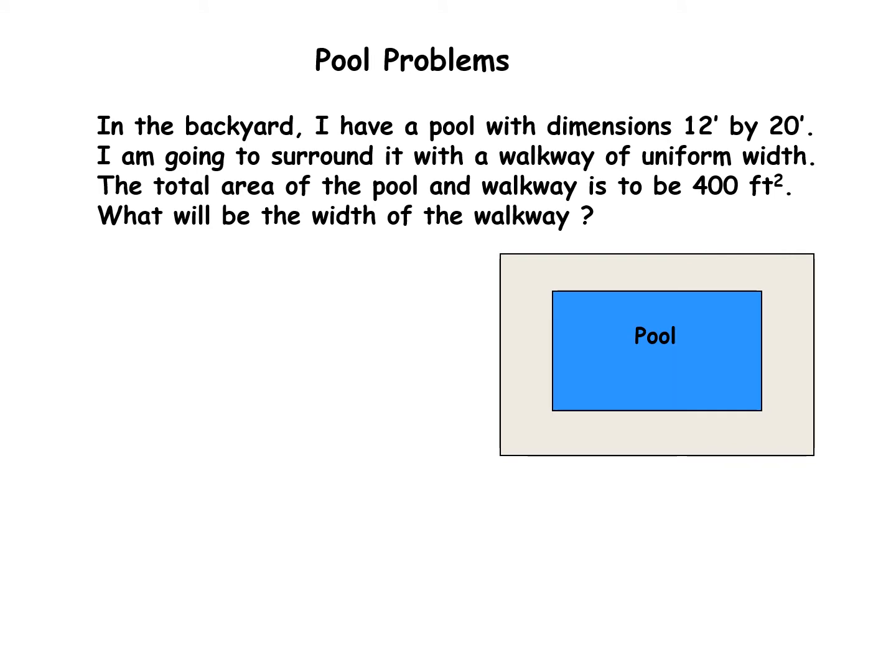it wants to have a walkway of uniform width, which means that this width here, I don't know what it is, but this width here would be X. This width over here would have to be X. But going up this way too, it has to be uniform. So this here would be X and this here would be X. So all the way around, it's going to be X. And they tell you that it's 12 by 20. And again, those are all X's. I'm going to say X is my width of my walkway because that is my unknown, and that's what we're